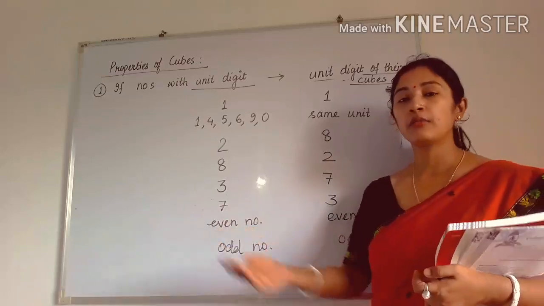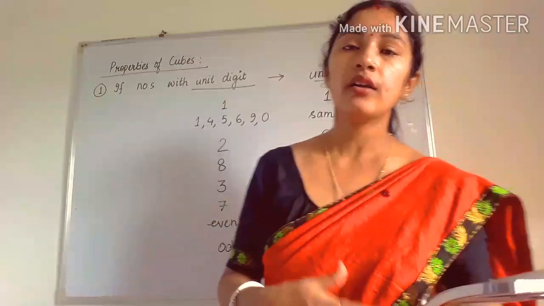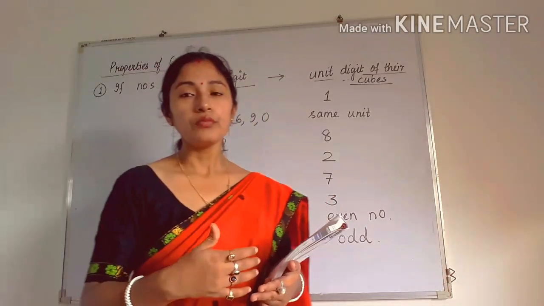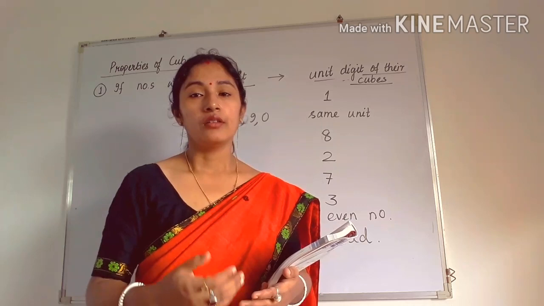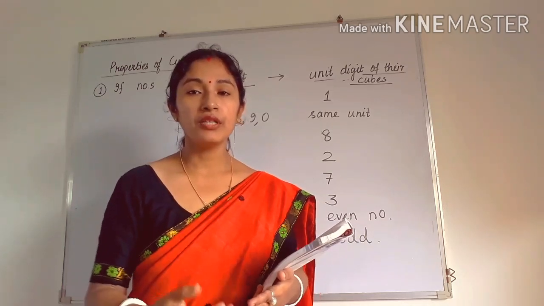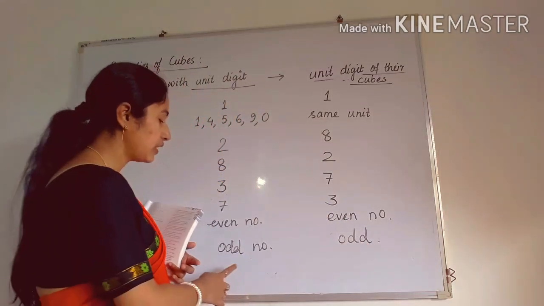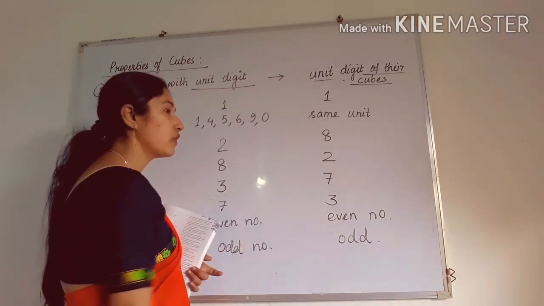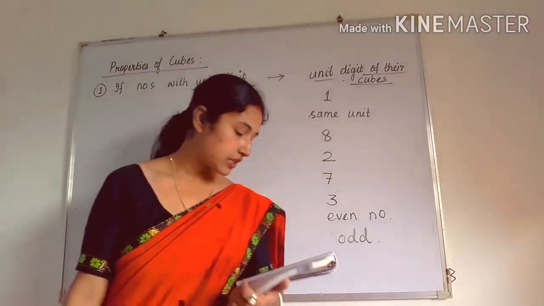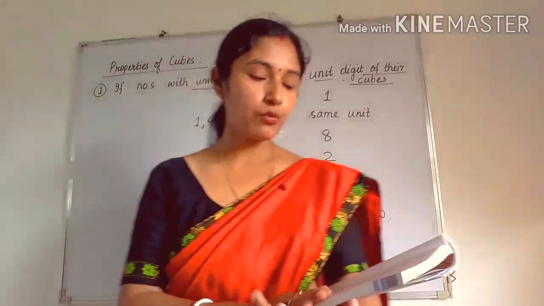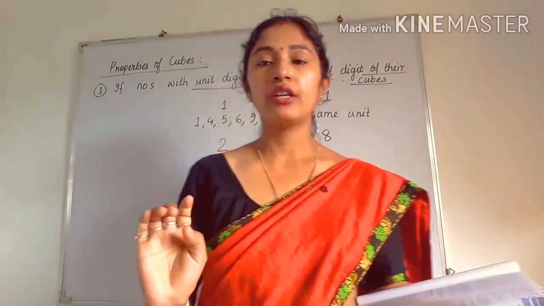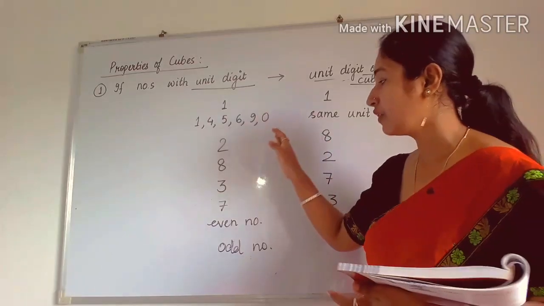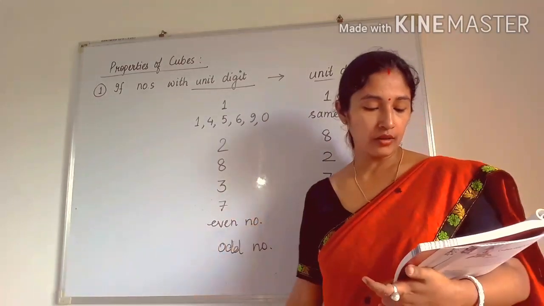If there is any even number and you are finding the cube of an even number, then the answer you get will also be an even number. Similarly, if there is an odd number and you are doing the cube of that number, then you will also get an odd number. Okay, so these are some properties that are written in the book from 1 to 5, but I have written it shortly. You can also write, but try to understand it. This I have written very briefly. So come to the next one, number 6 property.